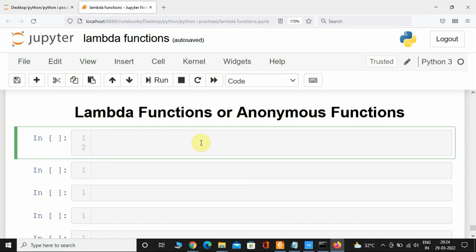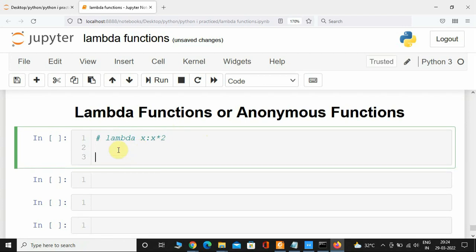So first let us take a look at lambda function syntax, and then we will see that in action. The syntax is pretty simple: lambda keyword followed by variable colon and whatever operation you want to perform. Let us assume that we want to multiply that number with 2, so x multiplied by 2. So let us see that here. So lambda x colon x multiplied by 2,